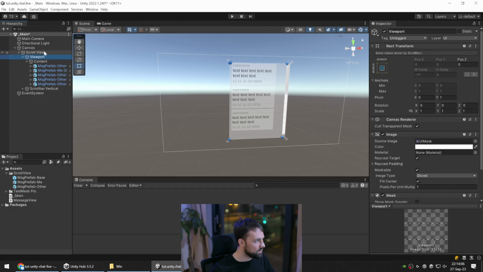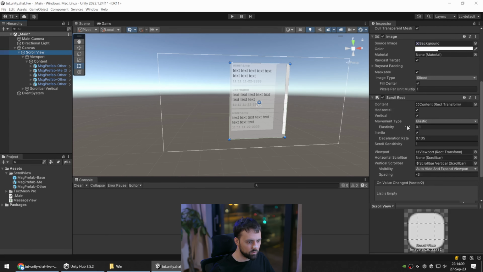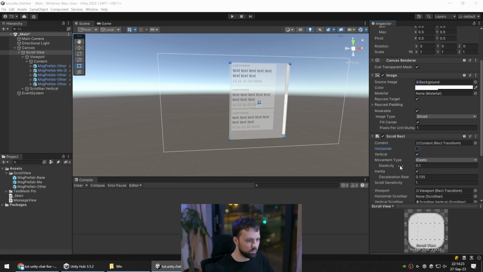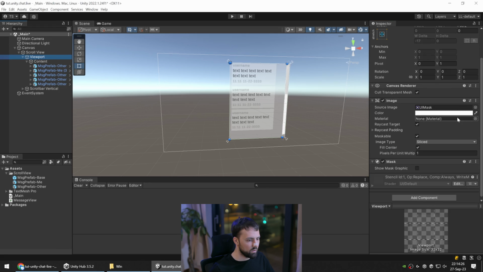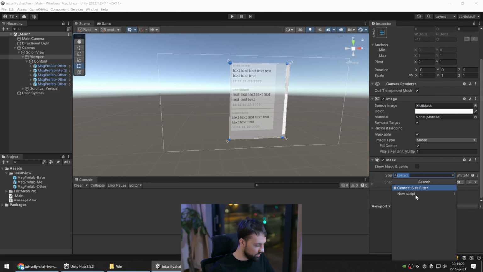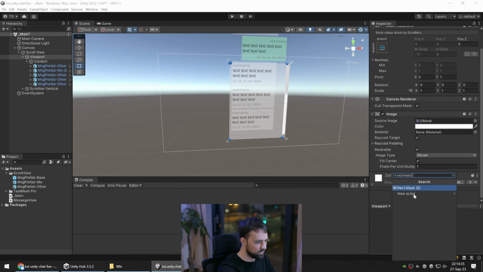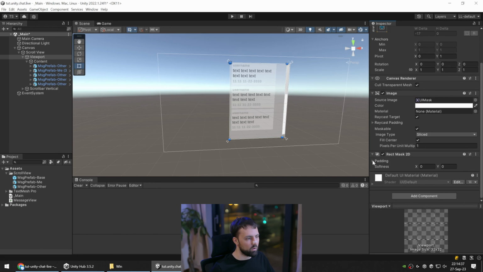Let's disable the vertical movement, the horizontal movement, and I guess it's enough here. There's nothing else to be done. Also I like to replace this with a rect mask 2D because it's a bit more performant, last time I checked. So okay,